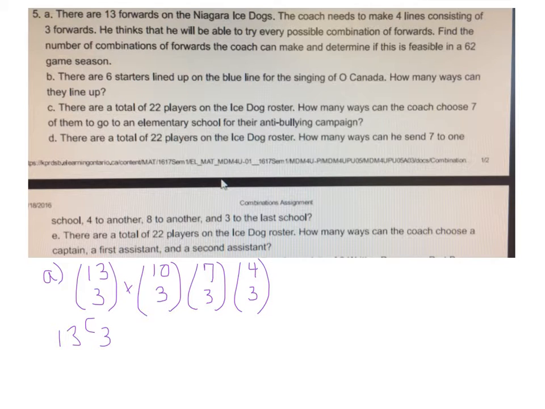Okay? So if you multiply all of these choose statements down the line, you're going to get the answer that they give you in the answer sheet, and there's over 4 million possibilities for this. Okay, so in a 62 game season, could we use them all? And obviously no, we couldn't possibly use all of those combinations. We need a lot more games, because there's over 4 million combinations that we can create there. Okay,